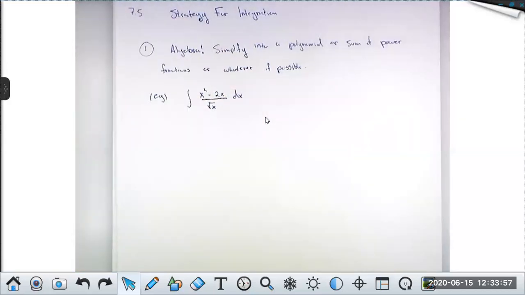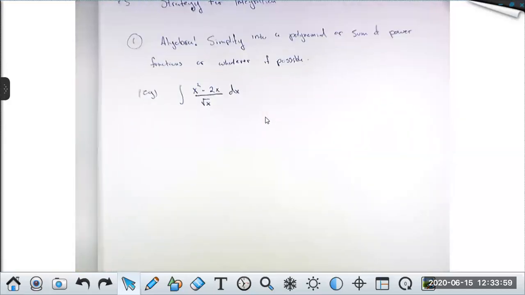If I gave you this, you might have a hard time seeing what to do. It's maybe not obvious. There's a square root, so maybe trig sub, but the thing under the square root doesn't look trig subby, but it's definitely not something I know an antiderivative for right away. However,